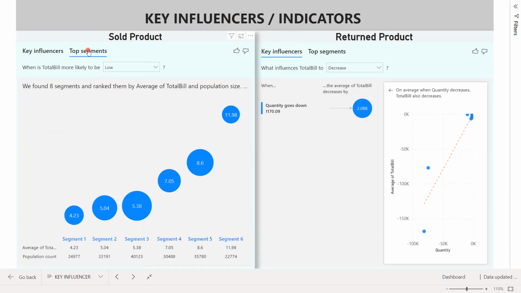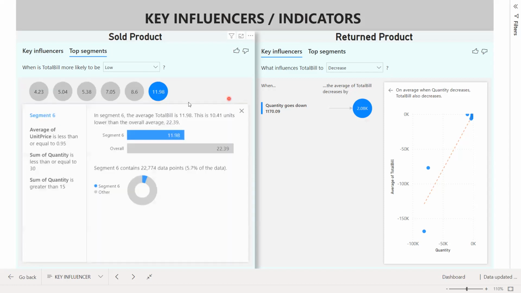We tried to see this total trend through the segments also. This is the segment depending upon the average bill amount. Clicking on this is the segment where the bill amount is 11.96, which contributes 5.7% of total data. This is the reason why the total bill amount is getting down. In our case, if the bill value is less than 0.95 and the quantity is also less than 30 but greater than 15, giving a bill size of 1197 and below,